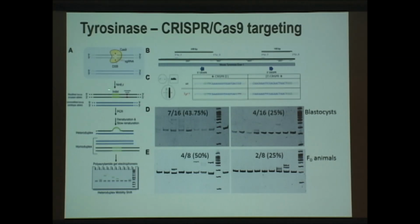In our blastocyst assay, we saw the activity. If this is a normal wild-type PCR product, you can see this animal here did not, or here's a control over here, so there's no CRISPR activity. And in this blastocyst here, here, here, and here, you see these few extra bands. Over here, you see it quite well with this 3' CRISPR. You see extra duplex bands here. So this indicates that these CRISPRs are able to produce extra cuts,